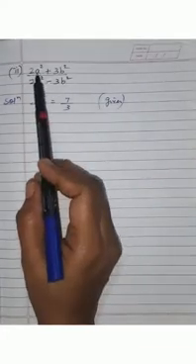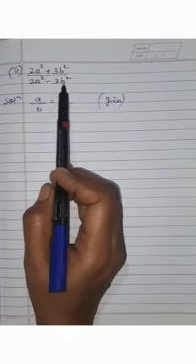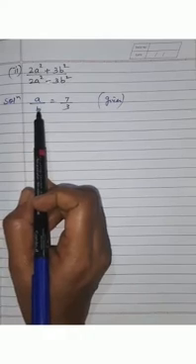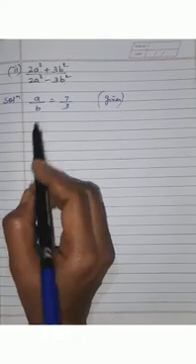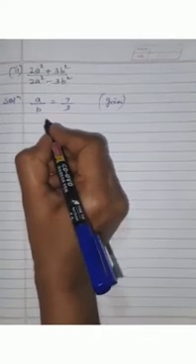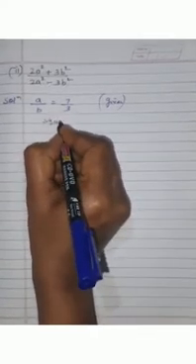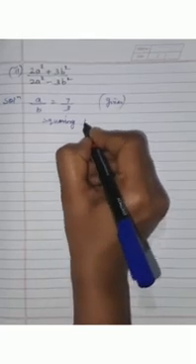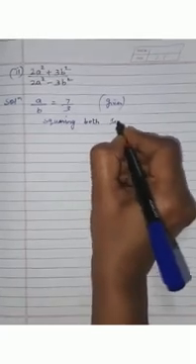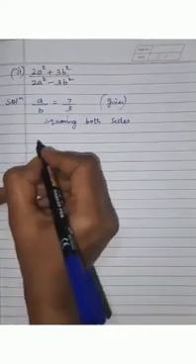Now here the degree of a and b are changed. See here we have a square and here we have b square. So what we have to do here is square both sides in order to get the value of a square and b square. So we will be writing, squaring both sides. So when we square both sides, children, what we get?